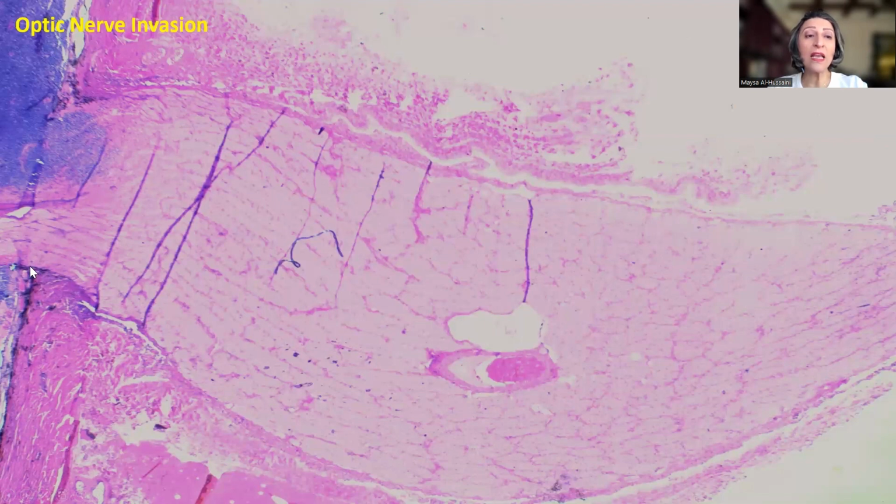Our landmark is this part, the part of the optic nerve that permeates the sclera, or the lamina cribrosa. Anything before the lamina cribrosa is called the prelaminar. Anything within the lamina cribrosa, as is in this case, is called at the level of lamina cribrosa, and the most significant is actually whenever we see tumor beyond, post lamina cribrosa. And then occasionally, if the tumor is so advanced, we might see the tumor at the cut end of the optic nerve, which is really associated with the